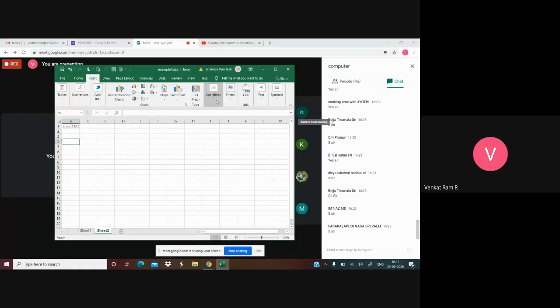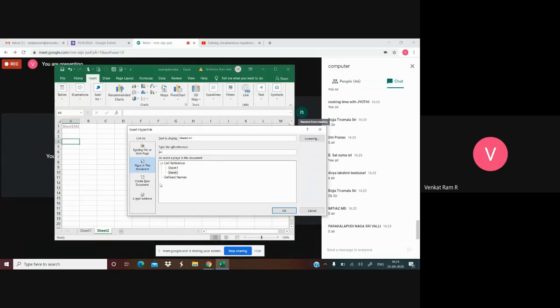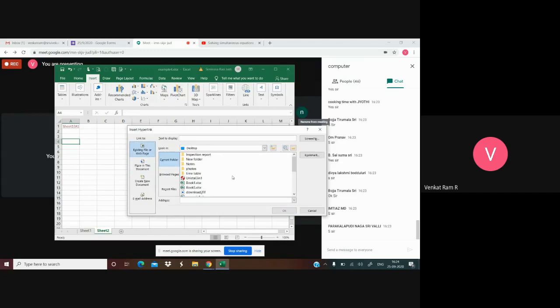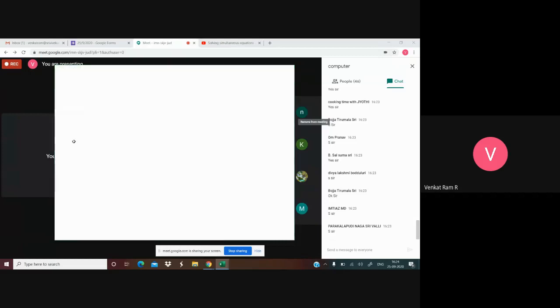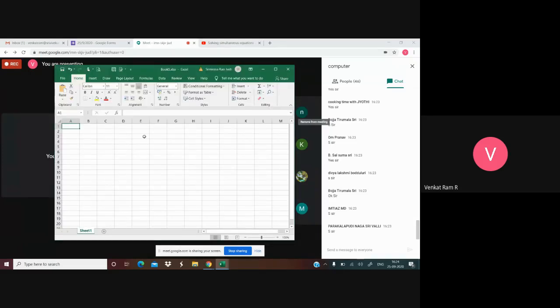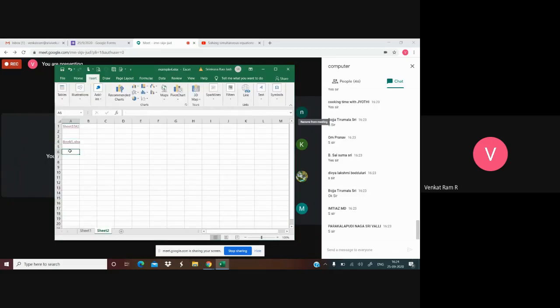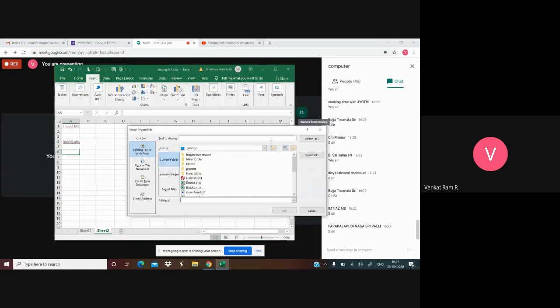And next one, go to link again, and see, if you want some other file as a document, just select it. Book 5 I am taking and click OK. So what happens if you click on this link, whatever the one I have saved, it is opening. Suppose if it is not book 5, let me see some data.